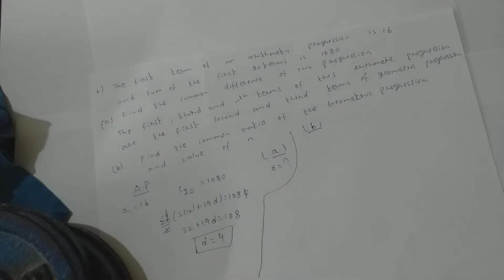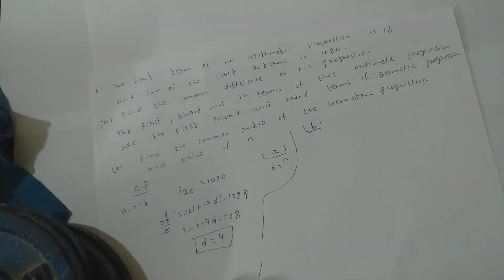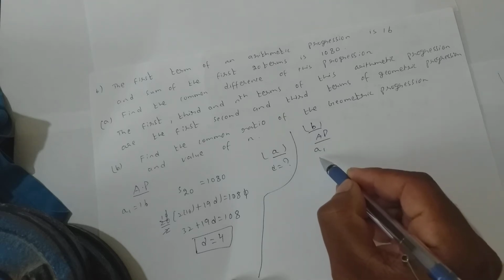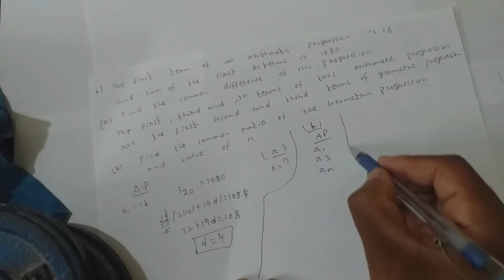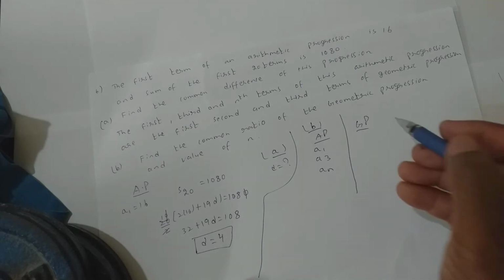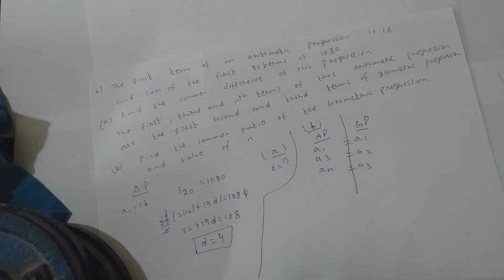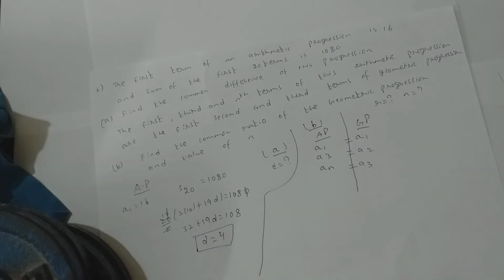But before part B, he gave us a statement. The first, third and nth terms of an AP are the first, second and third terms of a geometric progression. That means in the AP, if I write here, first is A1, third is A3, then the nth term is An, of a GP are the first, second, third terms of the GP. So here it is A1, it's equal to A2 and A3. Am I clear so far? Yeah, next. Find the common ratio of the geometric progression and the value of n. So R equal to how much, n equal to how much is the question now.